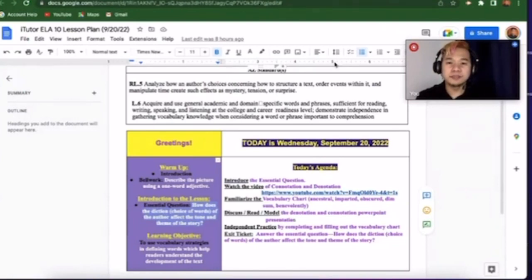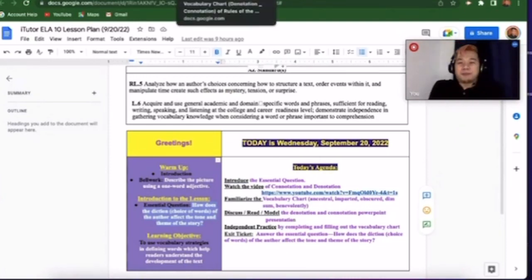All right, now let's proceed with our lesson for today. It's based on our Department of Education Arizona standards. So you have there RL5, and can you please help me read that, Michelle? Yeah, that's true. So how the choices, words, and text structure of the story that the author uses would create an effect about mystery, tension, or surprise of the story. Now, I told you yesterday that we're going to be discussing The Rules of the Game by Amy Tan for this week. But before that, we have to learn first some strategies on understanding the text.